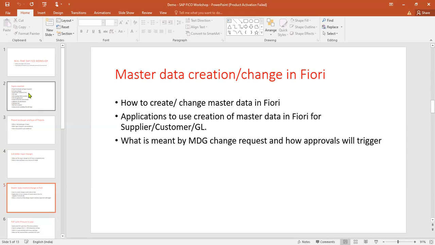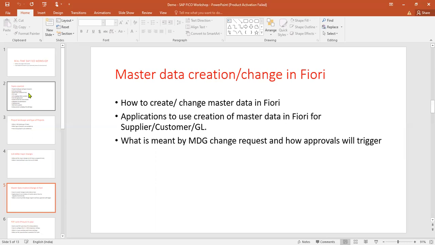If you want to create any master data, customer or vendor or GL, in our coaching we will create it ourselves in the test system. But in real time, we won't create that master data. Users only will create it. But if you activate master data governance, then it should go for approvals.